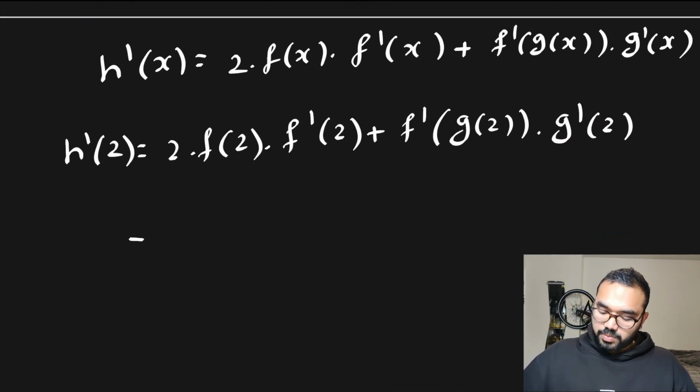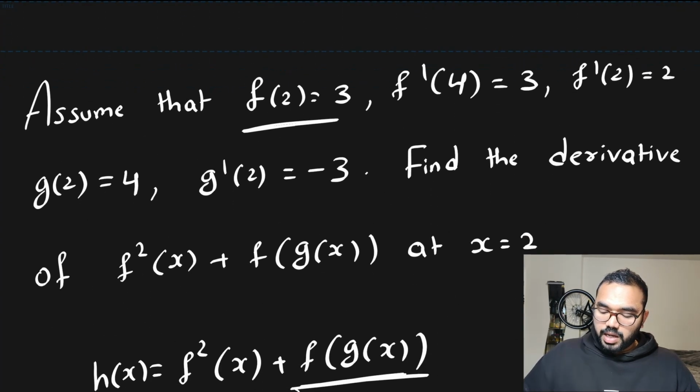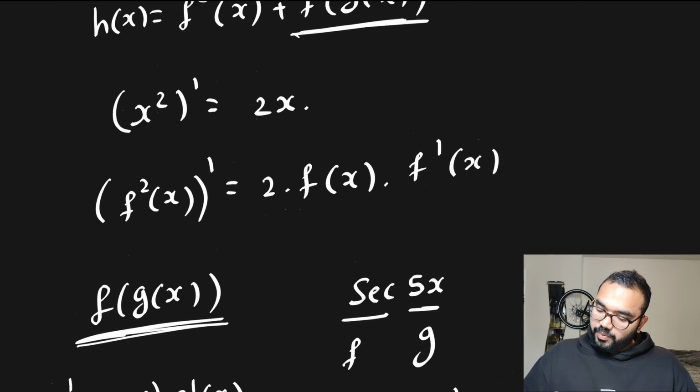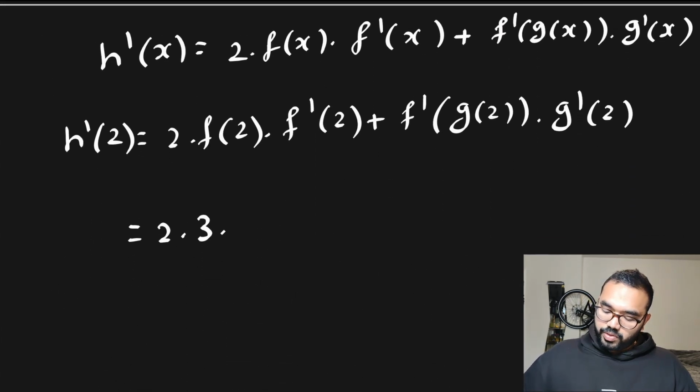So let's plug f of 2 to be 3: 2 times 3, and f prime of 2. F prime of 2 is 2. So 2 times 3 times 2. And now we have